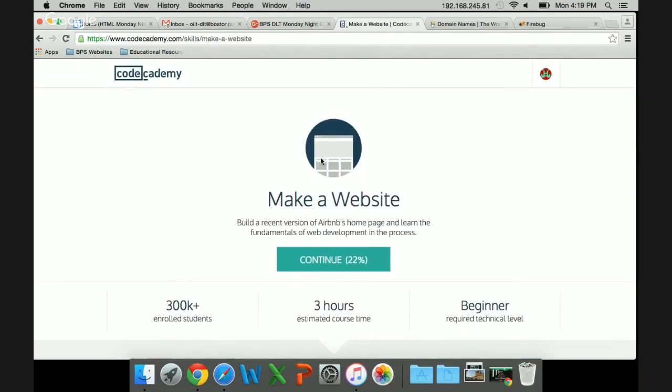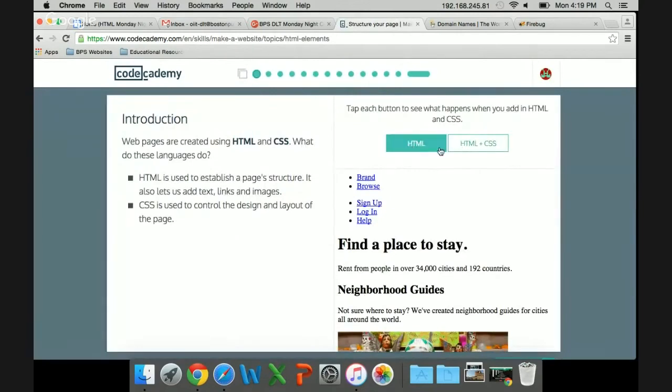So please go to the Make a Website module. And it should say build a recent version of Airbnb's homepage and learn the fundamentals of web development in the process. Yours will say 0, it'll just say start. I know mine says 22% because I've worked through it before, but I'm starting over to show you what needs to be done. And right here, it's going to say HTML and HTML plus CSS. You're going to want to make sure that this says HTML on your left. So the intro,